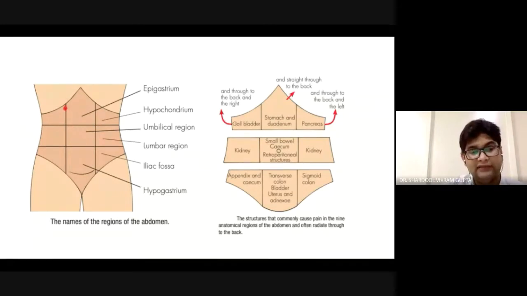And two lines here. The two vertical lines are basically the mid-clavicular line to the mid-inguinal point. There are two lines like this on both sides, and there are two horizontal planes. One is the transpyloric plane, which is midway between the xiphisternum and umbilicus, and the transtubercular plane is from the ASIS.